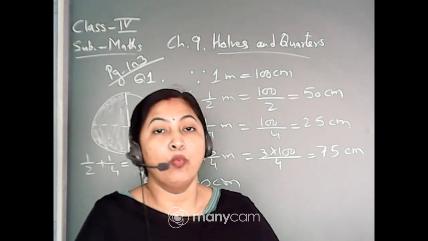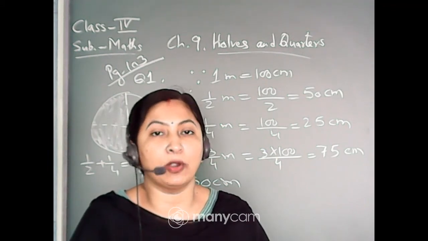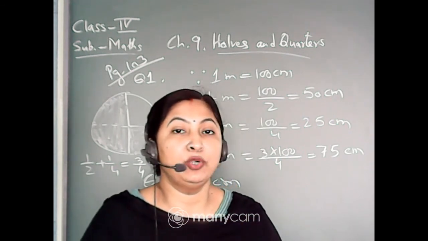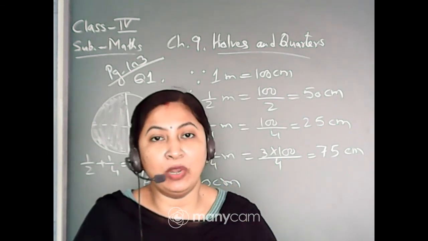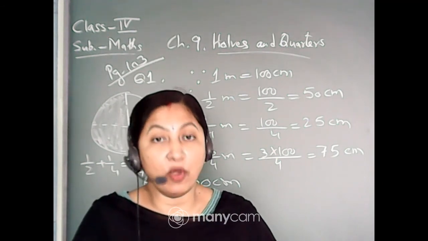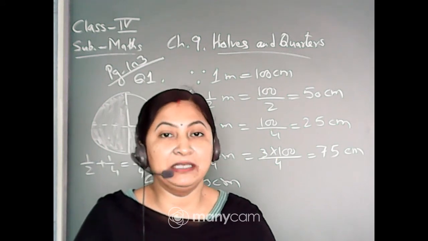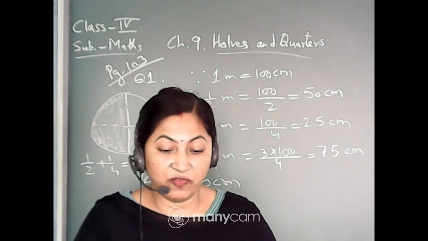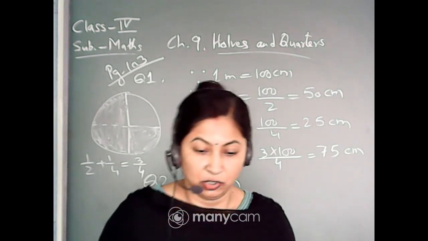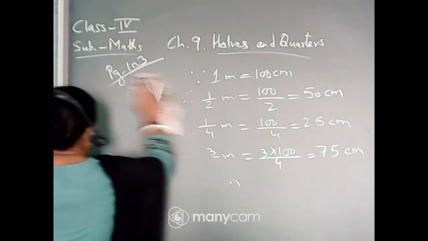Now here 1 liter bottle is being transferred to 4 bottles. That means the milk of 1 liter is being transferred equally to 4 bottles. You have to find out how much amount of milk is there in each of the 4 other bottles. You have to shade it. So quickly do this one. This is page 104.